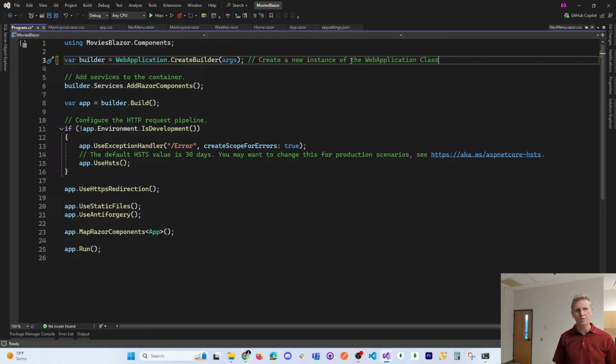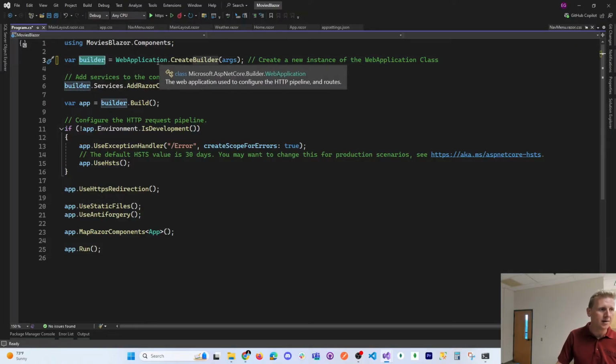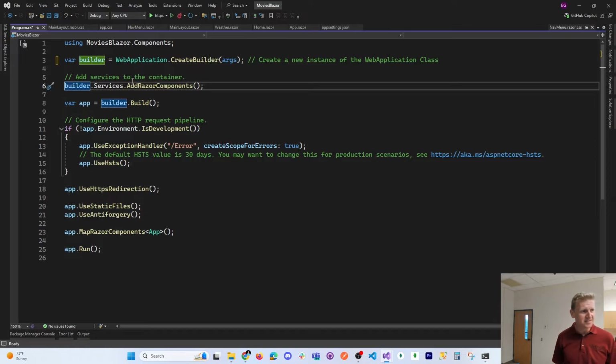Okay, so what are we doing here? We're building web applications, so it makes sense to create a variable to build a web application. Okay, so that makes sense. We got this builder variable that is of type web application. Makes sense. I talked about dependency injection already,